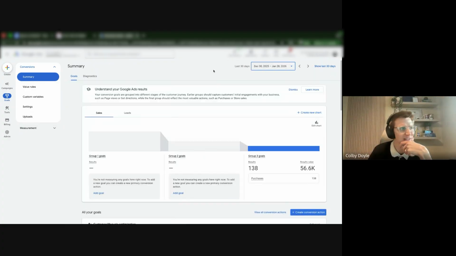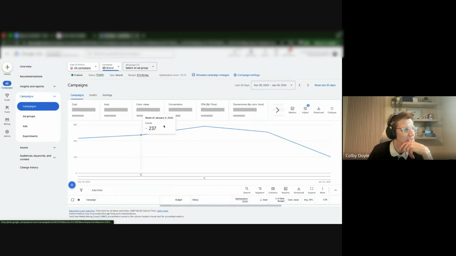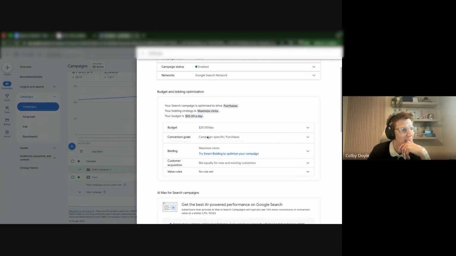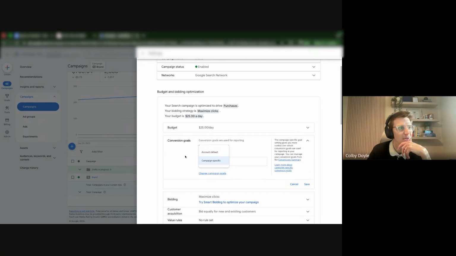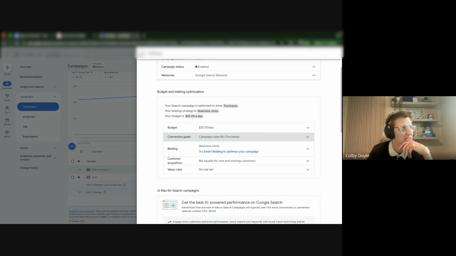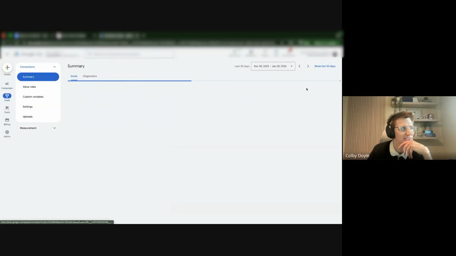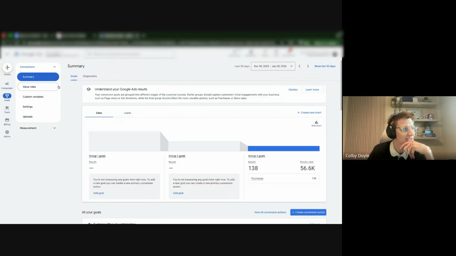In most cases you don't need to, and for the love of God, get your conversions sorted out. The most common thing I see is when I go into accounts and look at a campaign and ask what they're optimized towards, and it'll be like 4 things. It'll be account default, and it'll be everything. Someone is targeting every single thing under the sun, and things aren't set up as secondary conversions.